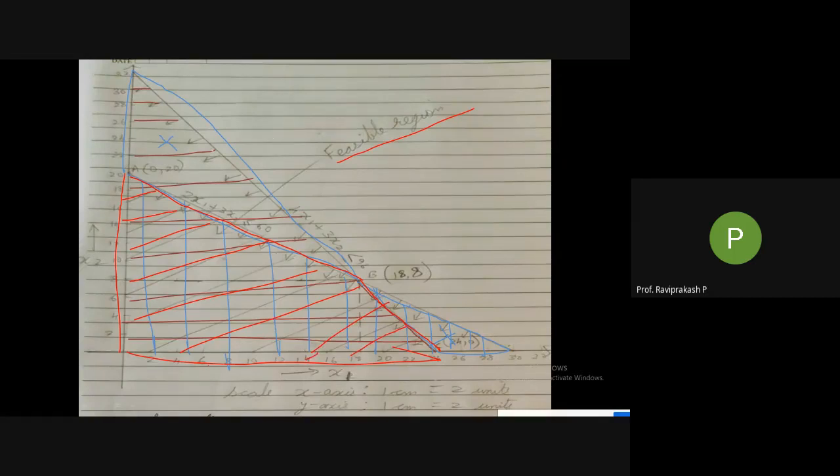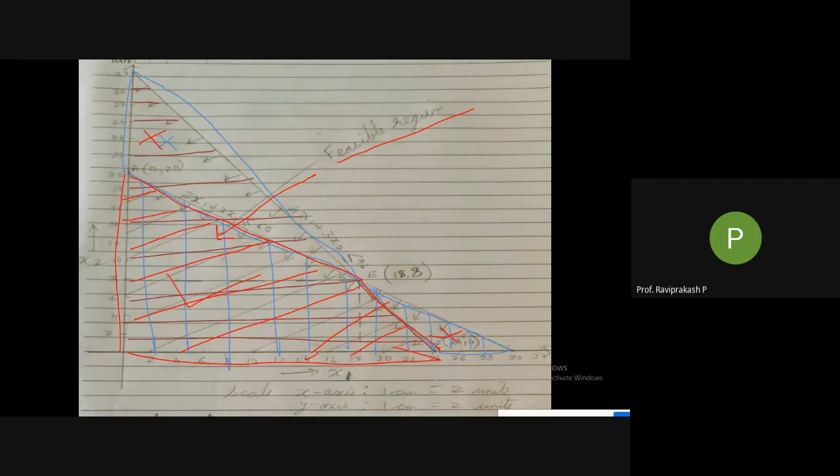In the examination, I could have taught you like this only, but it is very clumsy. Earlier, all the inks were there, and I could not draw a straight line either, so I did not draw it like this. But anyway, I removed everything and have explained it to you. This I have to reject, this I have to reject, and I have to pick only this one. Why? Because the areas under both the lines are coinciding here. I need only the coinciding part. This is called a feasible region.